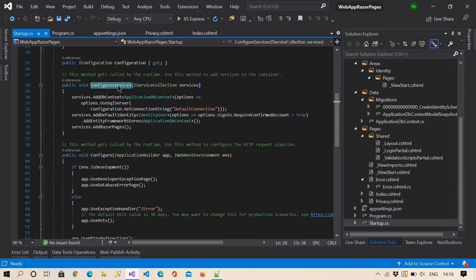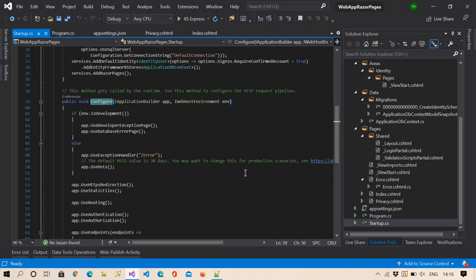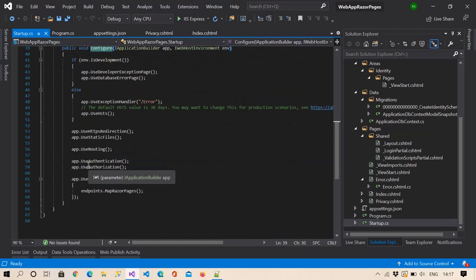So in this ConfigureServices method, we use all the dependency injection things and the services. Okay, and in this Configure method, basically we put all the middlewares here, and all the middleware will run in a pipeline, one after another in serialized order. So we need to keep things in mind, like we need to put some middleware before others; you can see we need to put authentication before authorization. Okay,